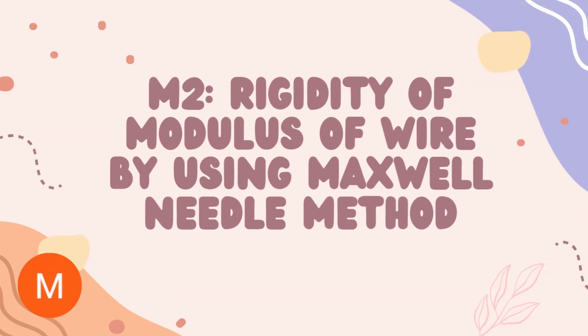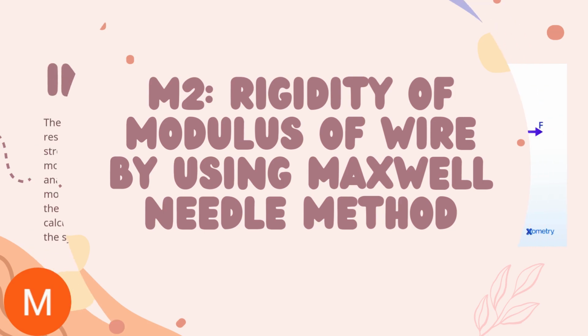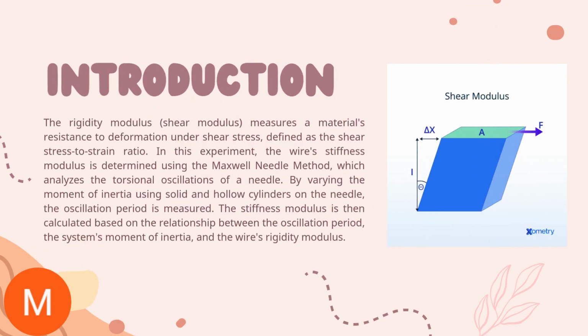First experiment, M2, rigidity modulus of wire by using the Maxwell-Lepetit method. For the introduction, the rigidity modulus or shear modulus measures a material's resistance to deformation under shear stress, defined as the shear stress to strain ratio. In this experiment, the wire's rigidity modulus is determined using the Maxwell-Lepetit method, which analyzes the torsional oscillation of